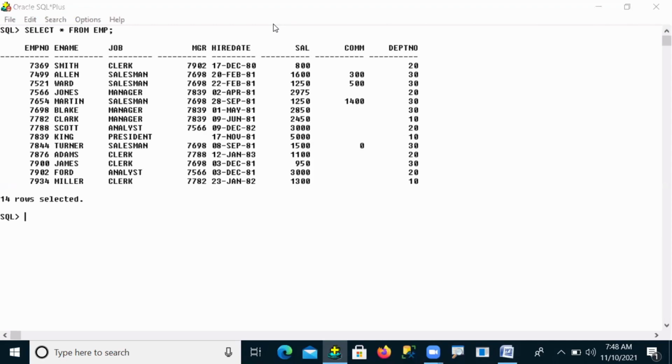Every column is having a single value. Come on, check out here. Every column is having a single value, one by one. Yes or no?